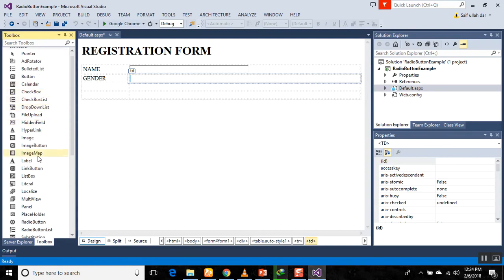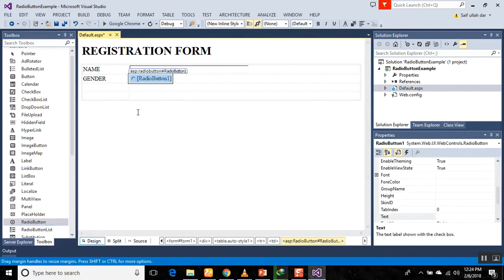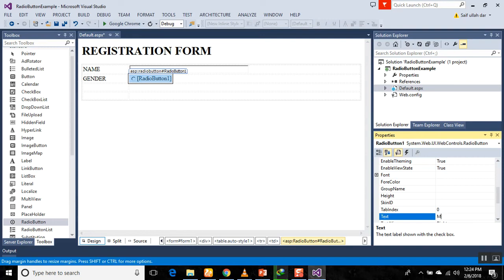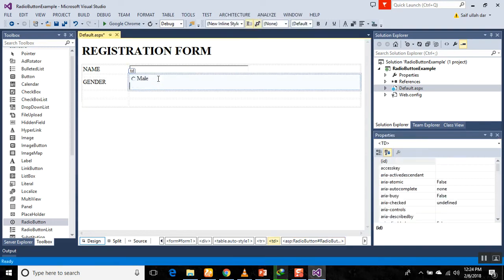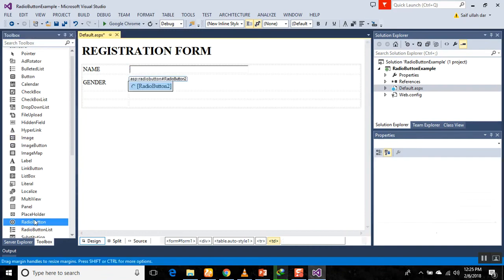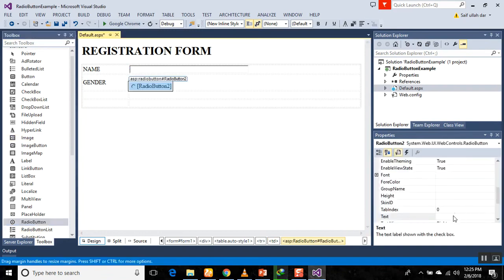You will see that the R, where is the R? This is the RadioButton. So just add radio button 1, and this will be the text property which we will discuss. It will be male, and now we are going to add another radio button. It will be female,